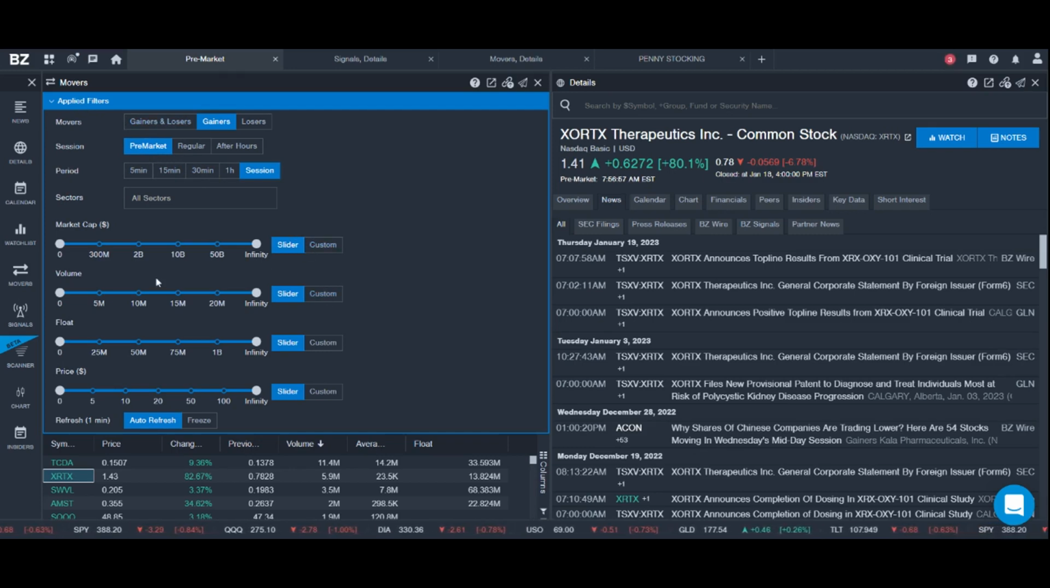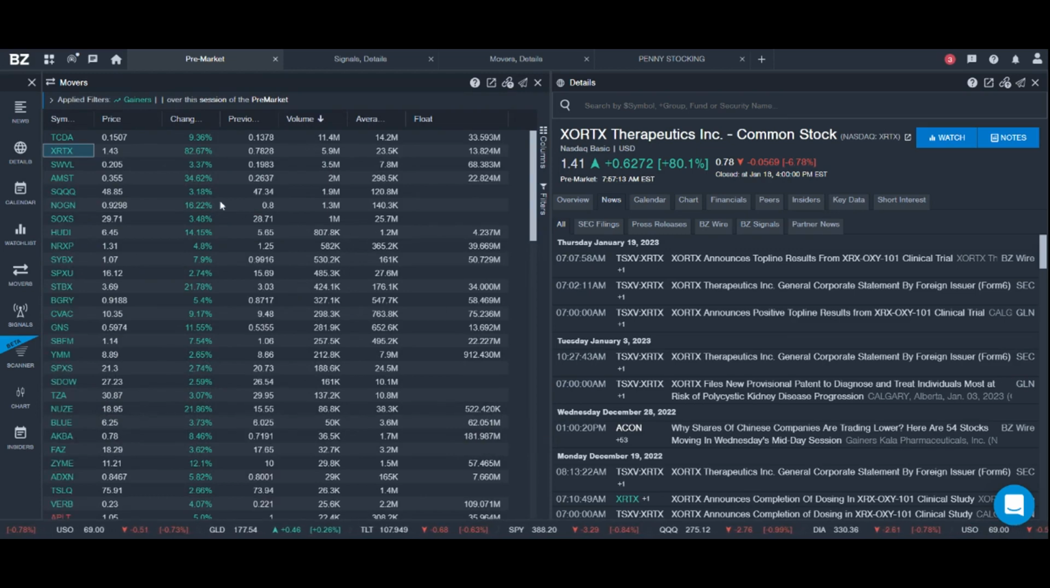Below, you also have other criteria like market cap, which you can adjust. Volume, right? You want, for example, a minimum of 5 million volume traded. Float, right? If you want a smaller float, then you just adjust that, and the price as well. But this is the setting that I am using: gainers, pre-market, and session, and I leave these as is. And what we are then being presented